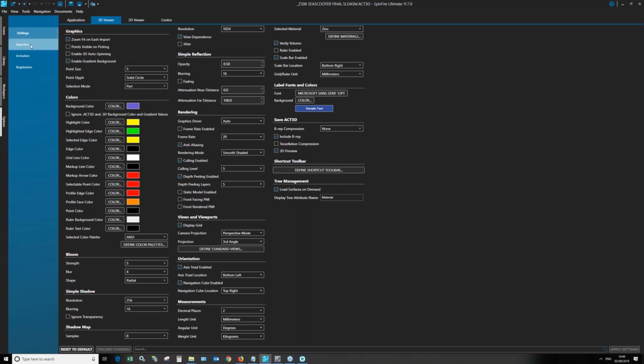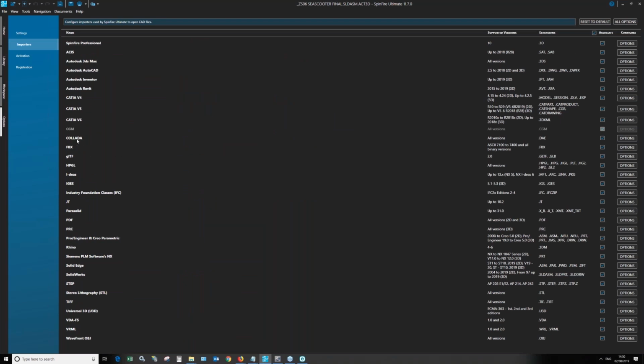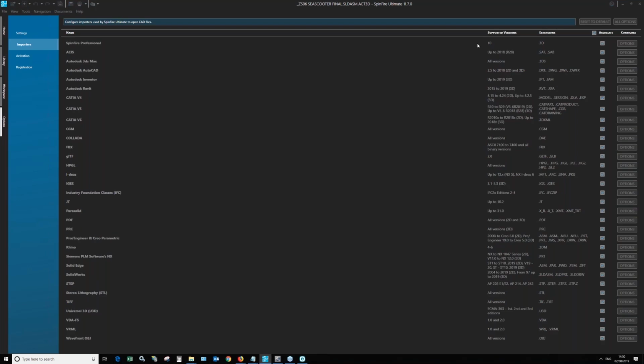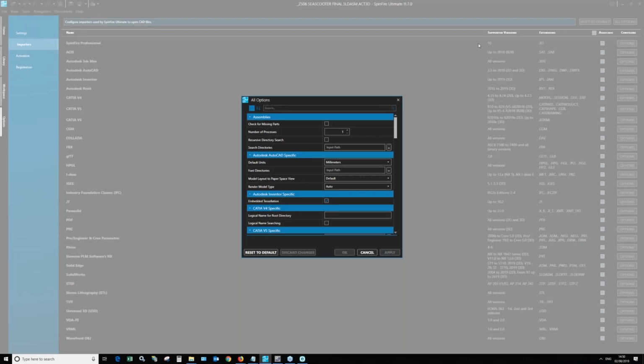Over to the importer page. As Scott has mentioned, we have those new importers. You can see some of these are grouped together. We also have a lot of updates for the existing importers. Many of these, the Autodesk ones, have been updated to 2018, 2019. Pro-E, SolidWorks, Solid Edge, all of these have received the latest versions. And in addition to these updates and new importers, which by the way are included in the base pack of SpinFire,